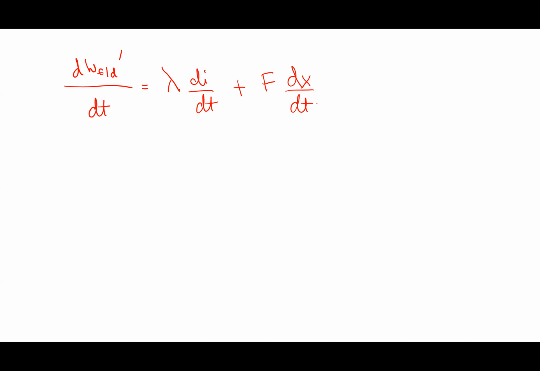Okay, like that. Now, I can get rid of the d by dt. So basically, the dt's can go away, and I get lambda di plus f dx. Okay, now, you don't remember this. I know you don't remember this, but somewhere in Calc 3 or 4 or someplace like that, right? Basically, there's a statement also that I can write a total derivative in terms of partial derivatives, okay? Which is to say that I can write this as